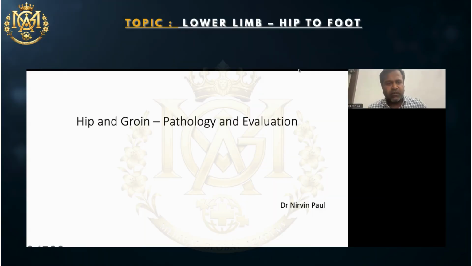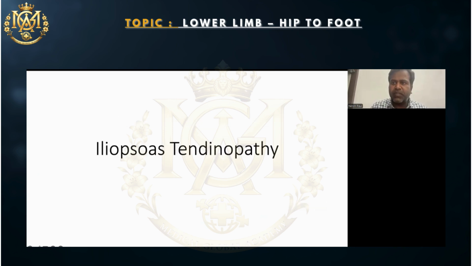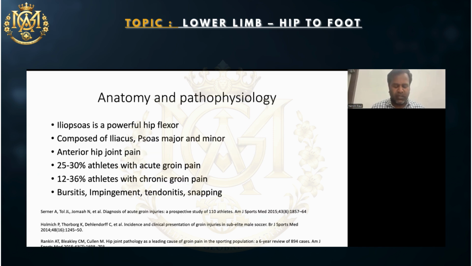Good evening. We'll talk about hip and groin pathology today. There are four major topics that we're going to be covering. In between, if there are any doubts, just make a note of it, and then we'll discuss that later at the end. Okay. So the first one is iliopsoas tendinopathy, and we'll talk a little bit about the anatomy